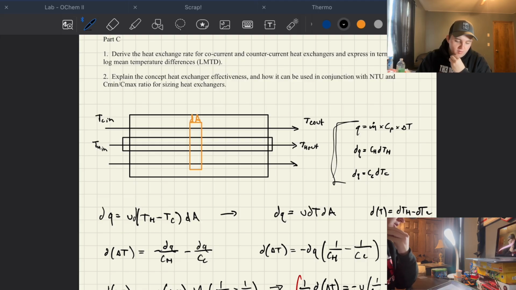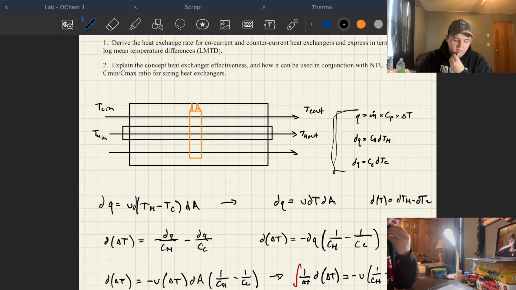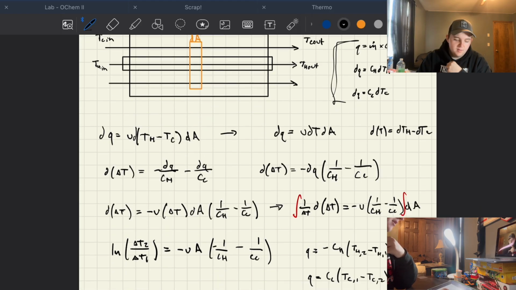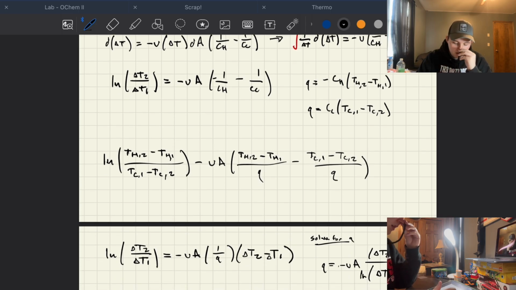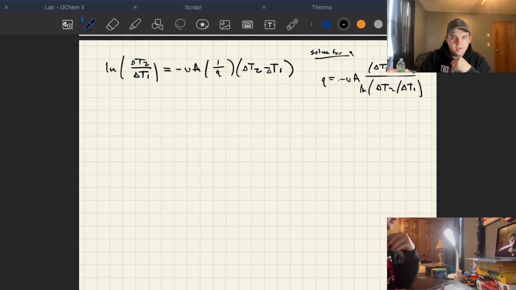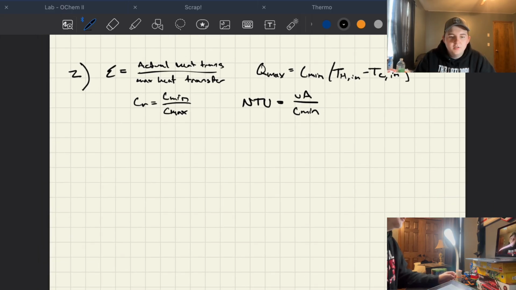So now we're going to explain the concept of heat exchanger effectiveness and how it can be used in conjunction with NTU and the Cmin over Cmax ratio for sizing heat exchangers. There are a few things I'm going to write down and then I'll be back. Okay, I just wrote down